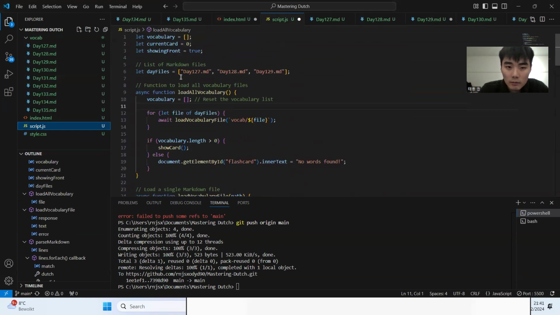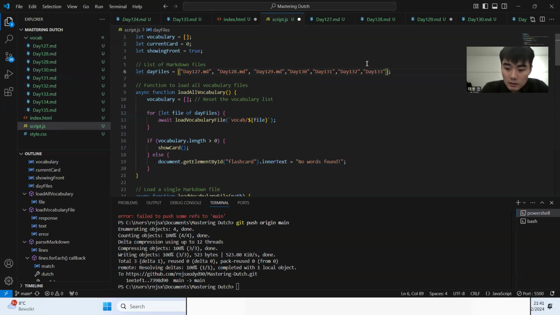I'm supposed to write down all the markdown files, so I'm just going to quickly do that. But if we progress, I would have to find a way for it to automatically detect how many woordschat files are in the vocab folder, and then make a flashcard out of it.